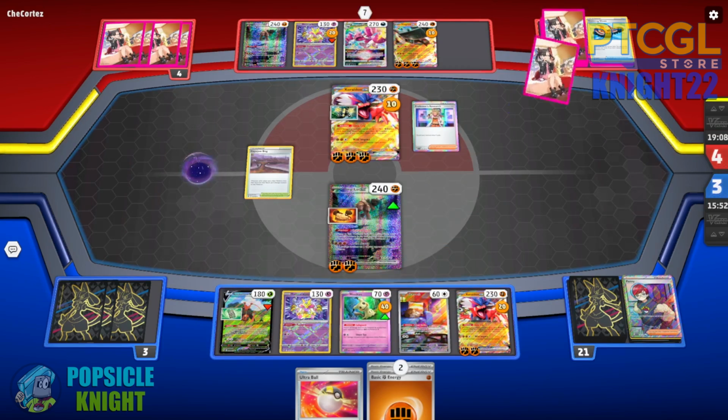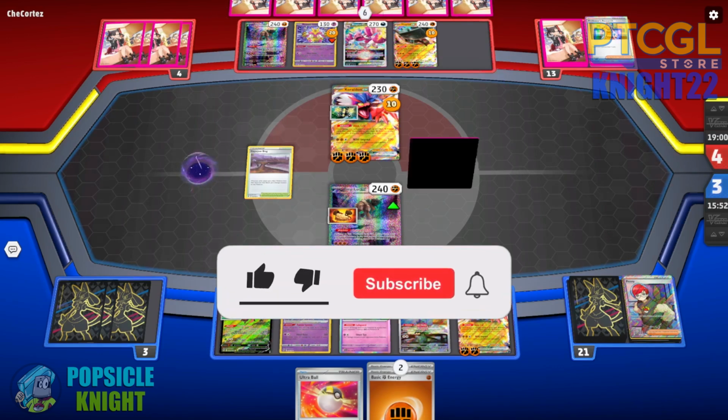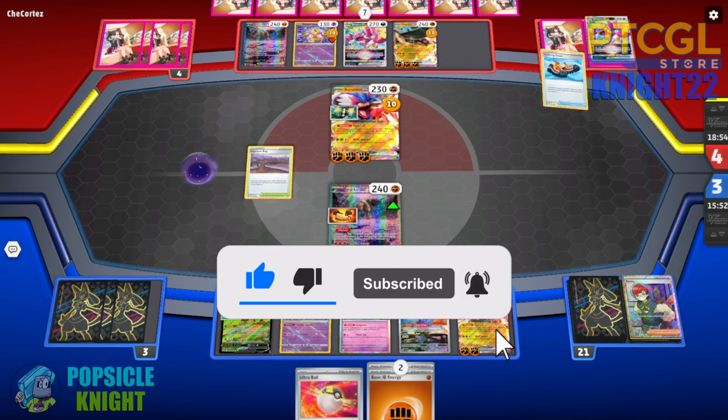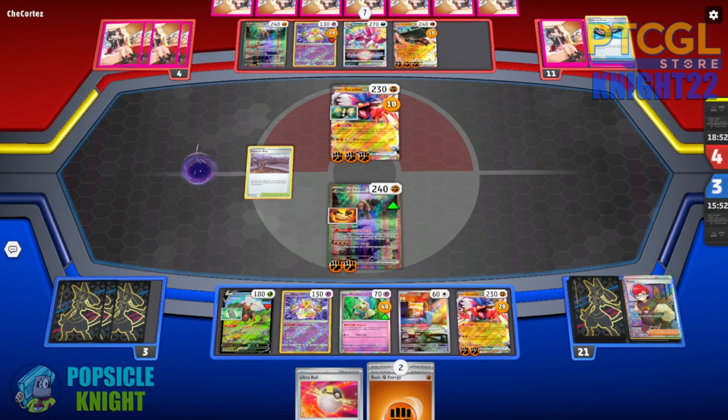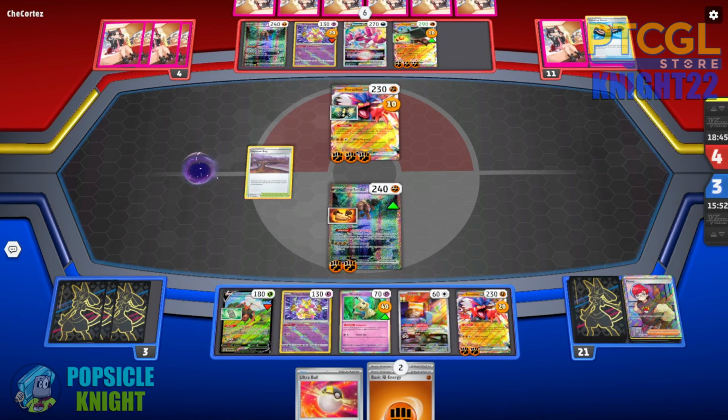They're gonna use Professor's Research, so that's great. So they're not gonna boss anything. Koraidon EX is dealing 220 damage, minus 30, thanks to Rock Chest Plate. And yeah, I went for the more defensive option. The one that adds HP, that one's Bravery Charm. You can add HP, but considering that there are Pokemon that actually hit for less damage,